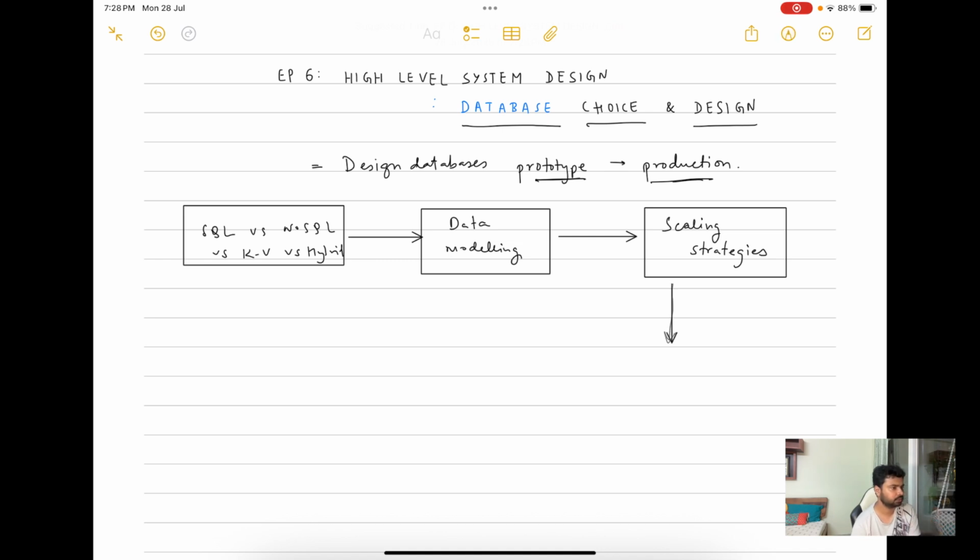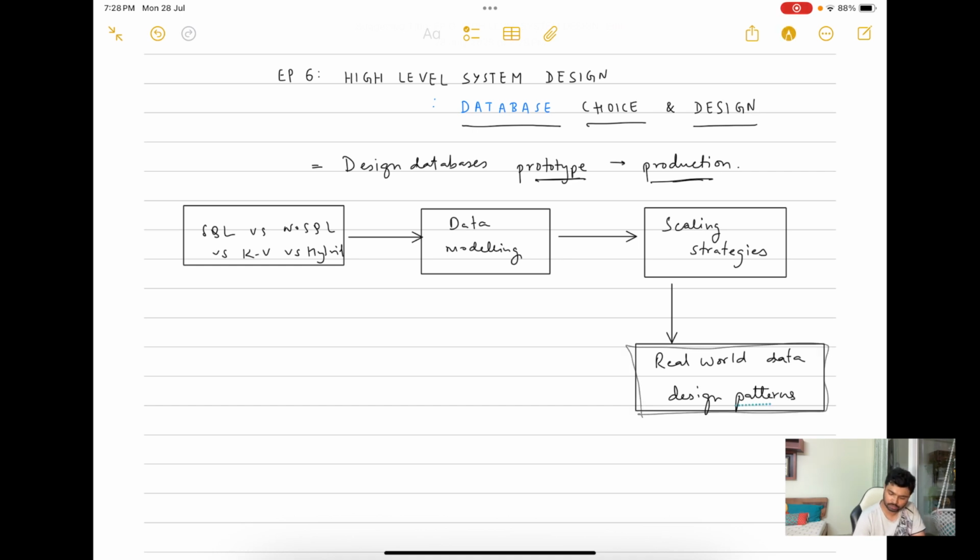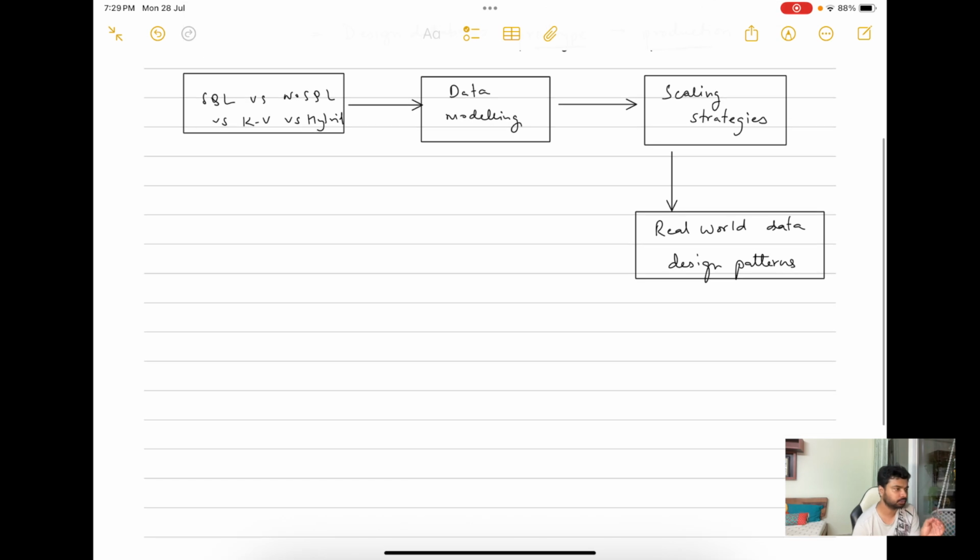And then finally we will move to the fourth part where we will see some real world data design patterns and best practices. So this is the approach that I am trying to follow today, and hope that this will give you a structured roadmap to design databases in a design challenge or in a real life scenario. So let's start with this. We will take the first point, that is